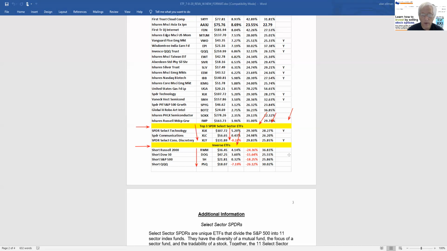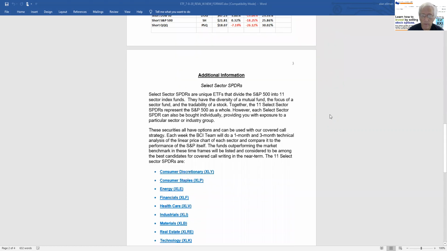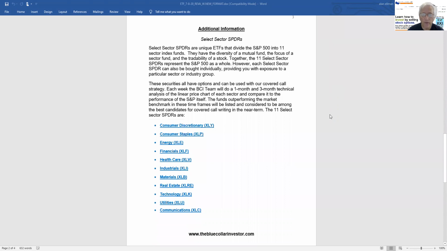So all the information is right there on this spreadsheet, rather than found throughout the 8 pages, which we had been producing for many, many years. Now it's just on a 4-page format, and the actual information is just on 1 page, page 2 of the report. Now, if we move to page 3 and 4 of the report, these are just explanations of the various